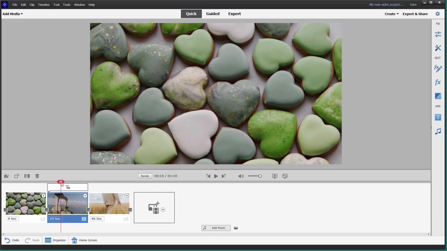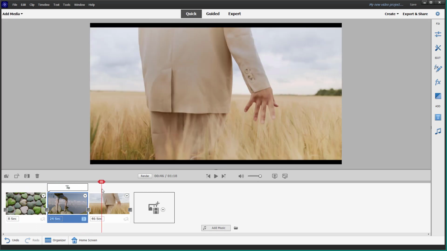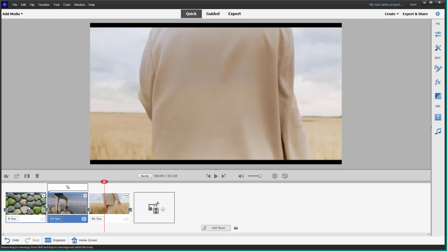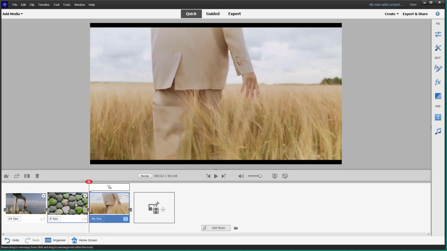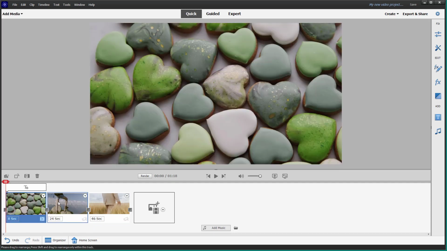So you've got the first video clip, then the second video clip, and then the third video clip right here. You can click and drag these video clips around, and you can create an order of the video clips that you want to play in. And that is how you can import video and then arrange the video clips in quick